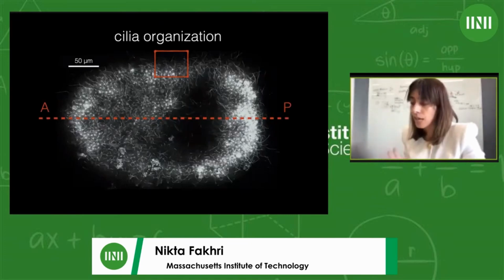So this is a microscopic close-up of one of these embryos. What's labeled here is a protein that labels cilia, and you can see that the embryo is covered with cilia. You can also notice that there is an axis of symmetry, which is called the anterior posterior axis, or the AP axis. Now, as I mentioned, this ciliary beating pattern is involved in induction of left-right asymmetry in many organisms,